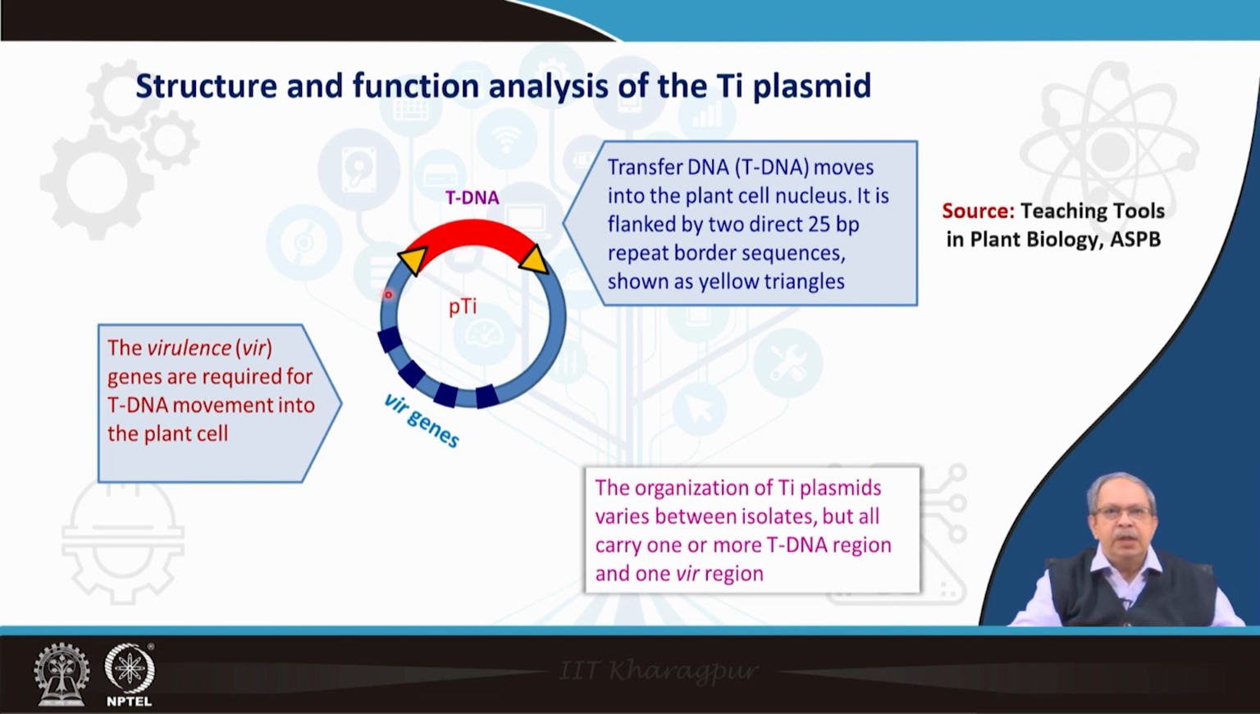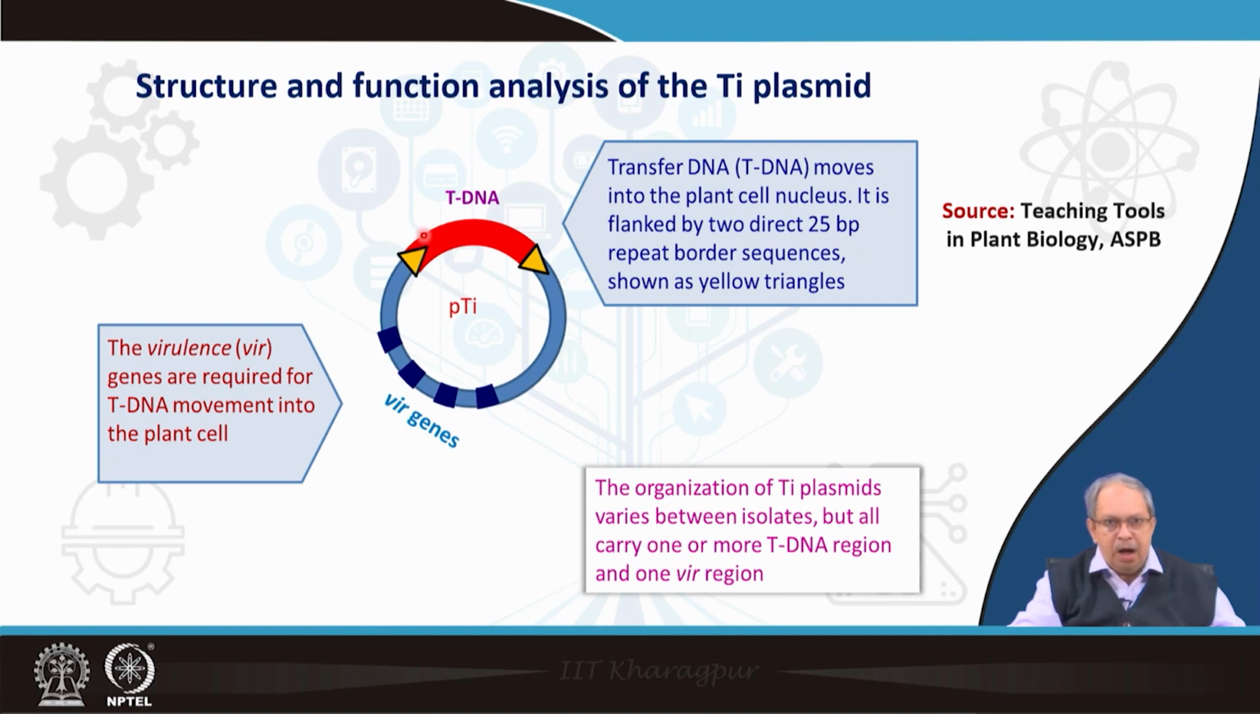In addition to transfer DNA, there is another region which is called the virulence region. The virulence region is much larger in size compared to the tDNA, and this region contains several genes which are called virulence genes. In fact, all these virulence genes act in an operon. There are several virulence genes which coordinate and function together, and the main function is basically to make the tDNA